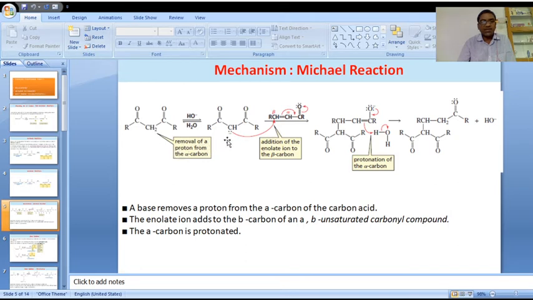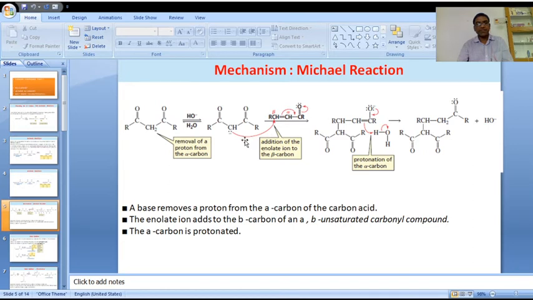Here it is converted to a carbanion, or enolate ion formation. This enolate ion has resonance structures we can write. If the negative charge shifts to this side, the pi bond cleaves and the oxygen gets negative. That is called the enolate ion. This is also an enolate ion structure. Another resonance structure, if this electron shifts to this side, this oxygen gets negative. It gives another two resonance structures from this enolate ion